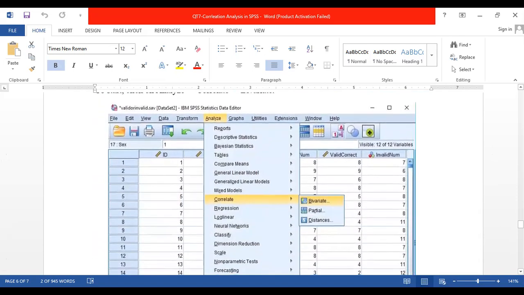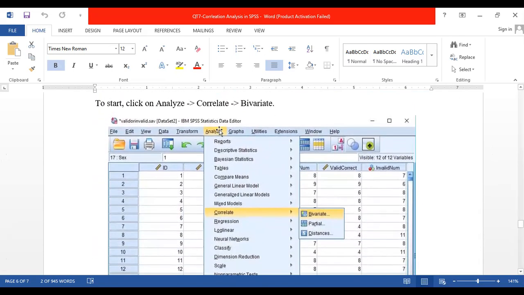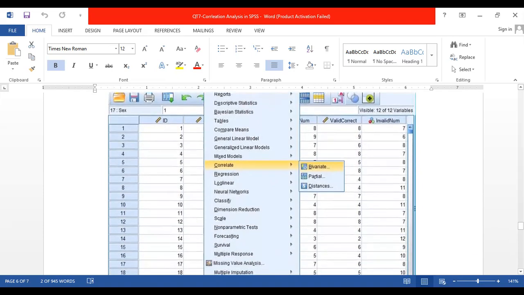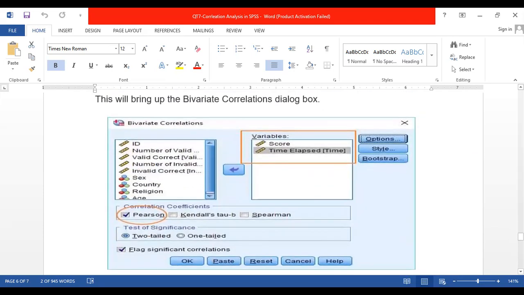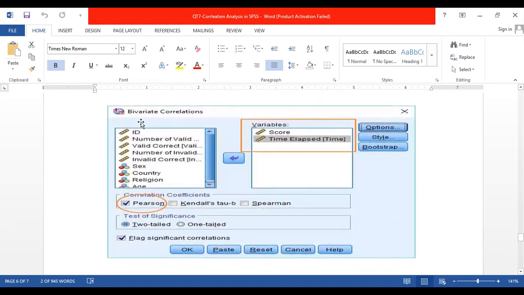At first, we click on the Analyze tab. This is our Analyze tab in SPSS software, and then click on Correlate and then click on Bivariate. Once we click on Bivariate, a window is reflected, with the name Bivariate Correlation. This window has two panes.